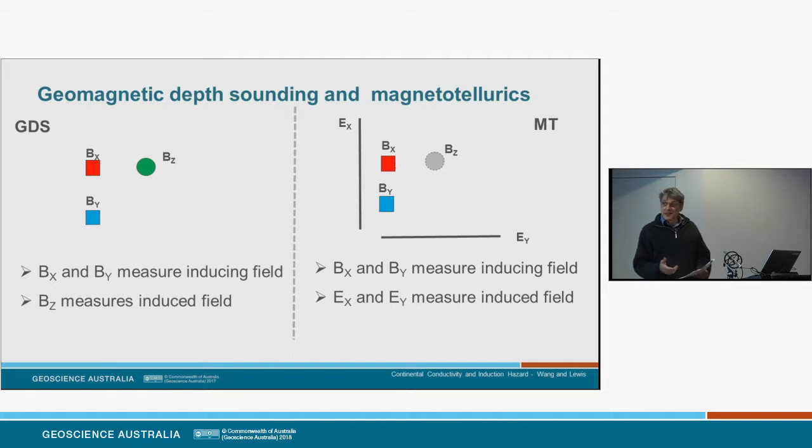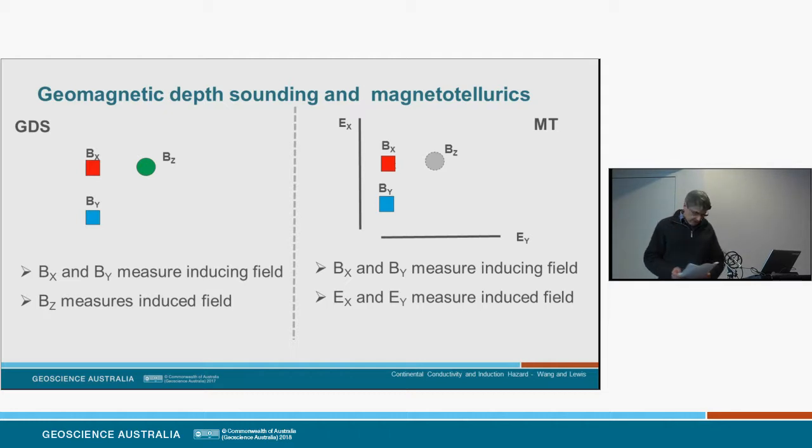And as the magnetic data collected on the surface of the Earth are far from the sources, the variations in the vertical component are much smaller than in the horizontal components. So these horizontal magnetic variations induce electric currents in subsurface conductors, and those currents create secondary magnetic fields which are then primarily measured by the Z component of the magnetic field.